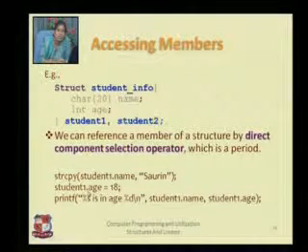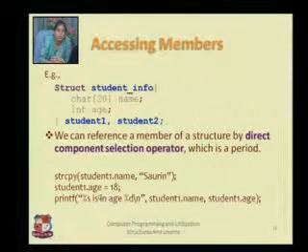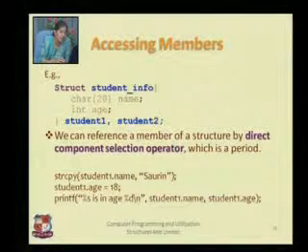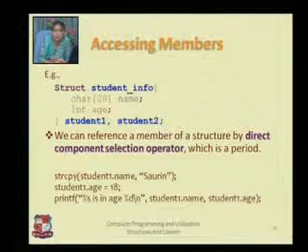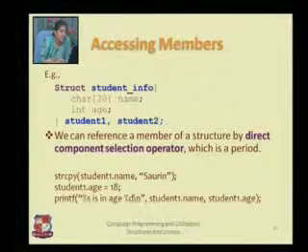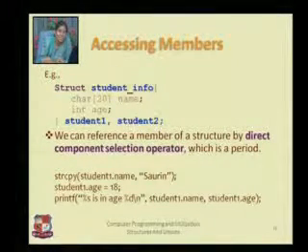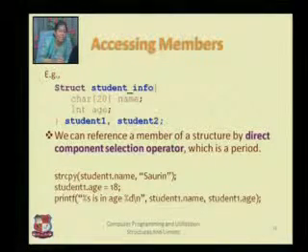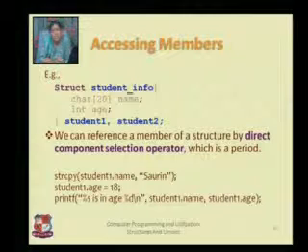Then we are giving age. Age is an integer attribute, so you can directly give it. So student one dot age is equal to 18. Then I want to print those values, right? So how can I print it? printf percentage s is in age percentage d. So the output will be Sovereign is in age 18, right?